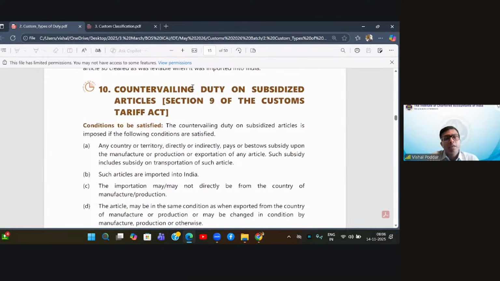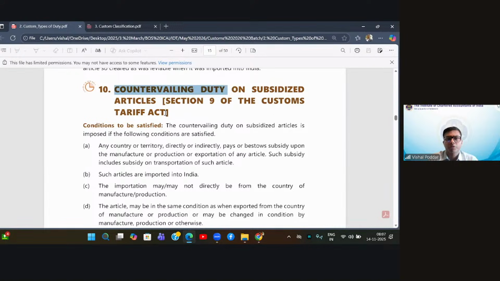Now, the second type of protective duty after the safeguard duty is the countervailing duty. Now, what is countervailing? Countervailing means countering. What is this countering? Here, when you are importing goods from a country, many times the government of that country is trying to promote their exports by giving their manufacturers some specific subsidies, so that when those manufacturers are exporting their goods, the prices of their goods will get reduced.